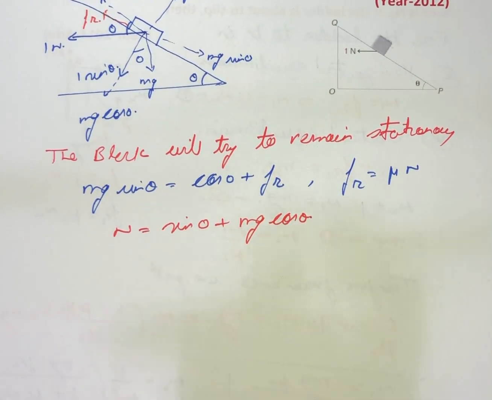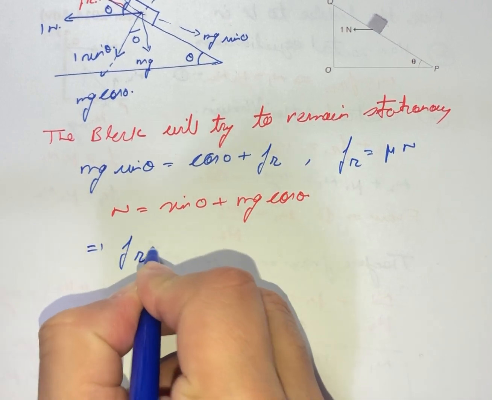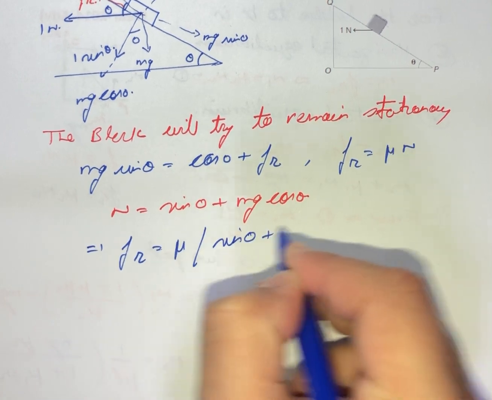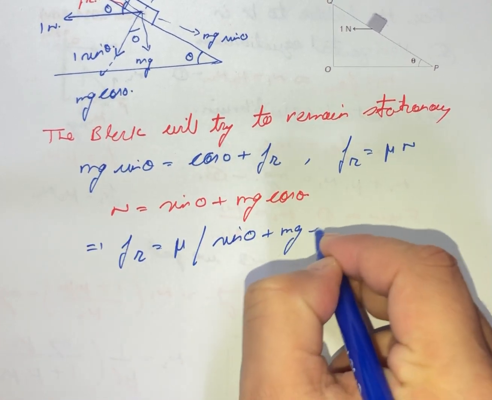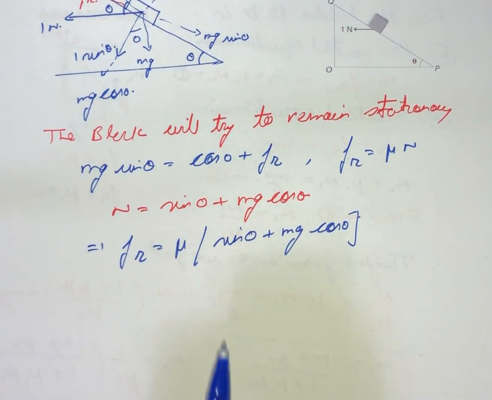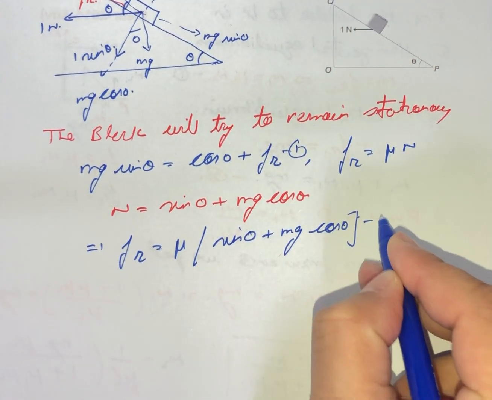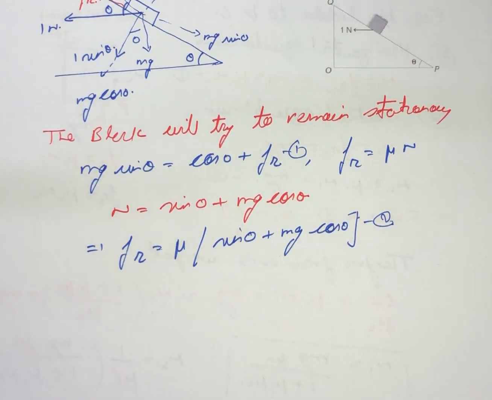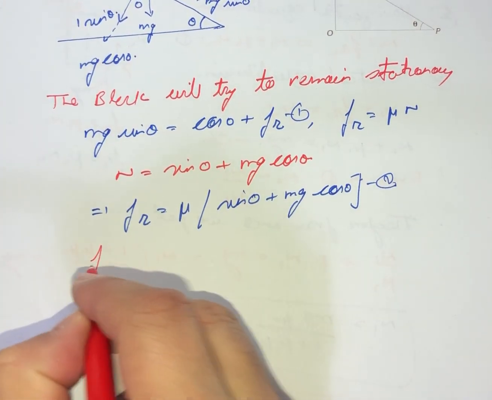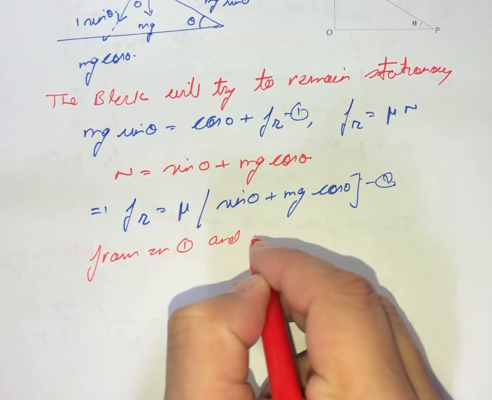From here we can say that our Fr will be equal to mu times (1 sine theta plus mg cos of theta). And let us call this equation 1 and this as equation 2. So from equation 1 and 2,